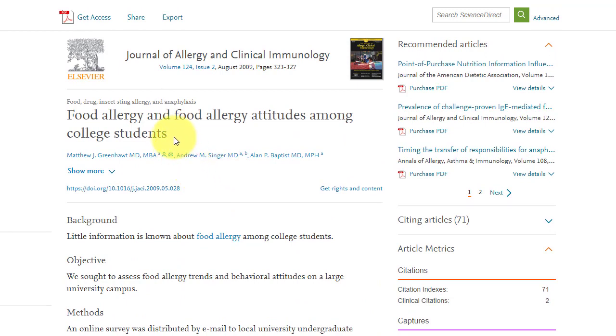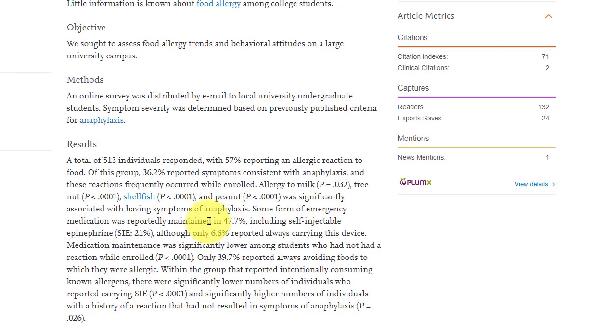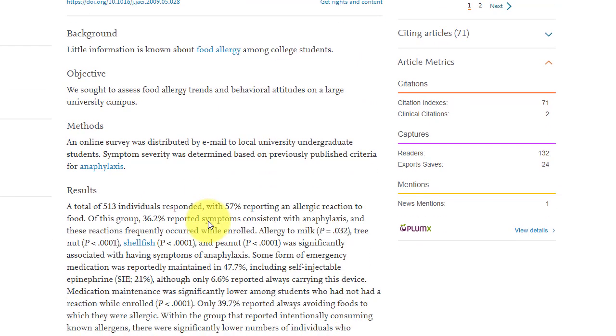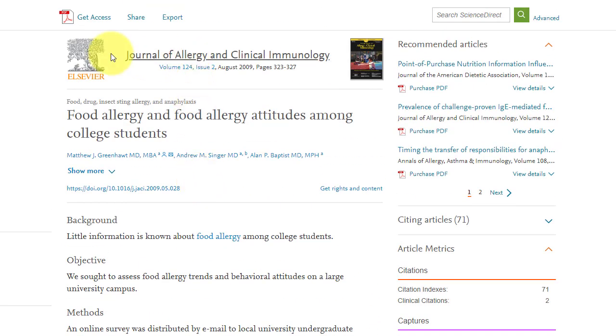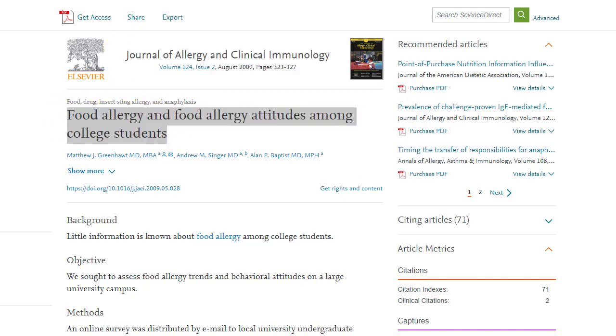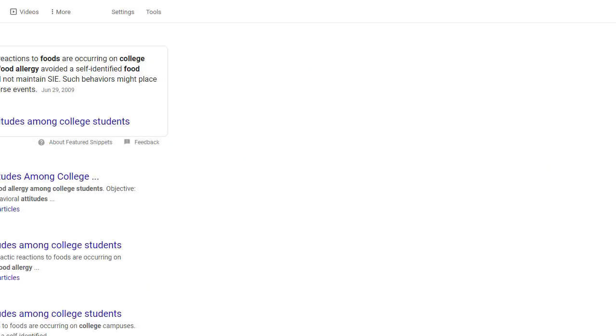Now, this is an article that I found using Google Scholar, but you'll notice that there's really no information about this article that says who it was cited by. Now, there is a citation index and things like that it uses to show how often people are citing this. So if I take this article, I'm going to control copy it. I'm going to paste it into my search bar,